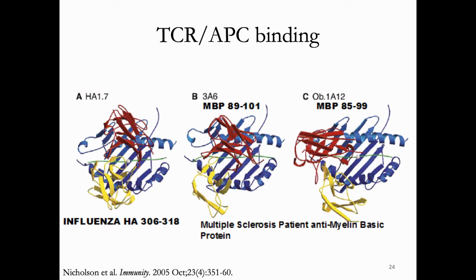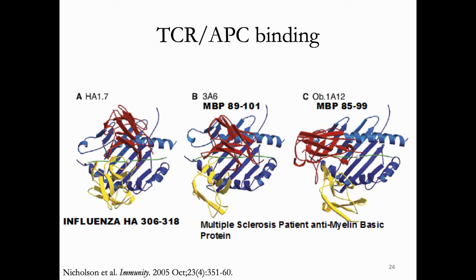A lot of this may have to do with ways that the T cell receptor and the antigen presenting cell can bind. So if you look on the left-hand side, in the blue, you can see the MHC. The green little skinny line is the peptide. And the red and the yellow are the alpha and beta chains of the TCR. And so you can see in the case of an influenza-specific TCR, there's a very specific angle of binding, and this has been shown in cartoon form on a few of the T cell slides that I've shown you. Sometimes